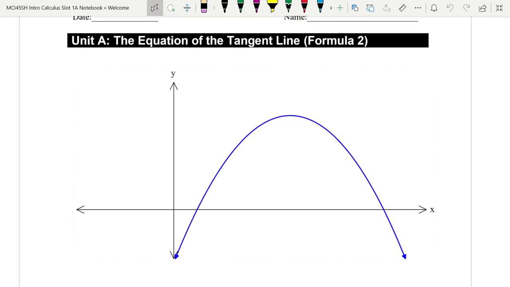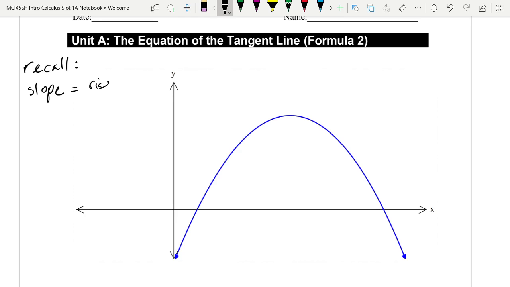Okay, so this is not going to be significantly different than Formula 1. It's just kind of a different way to think about slope. Actually, it might be the first way you ever learn to think about slope. Slope, as you might recall, I'll even write that down. Recall that slope, the first time you ever heard the concept, you might have defined it